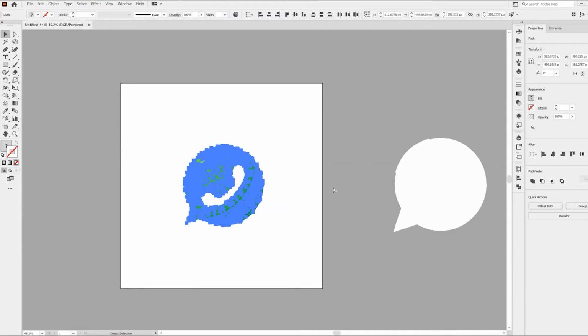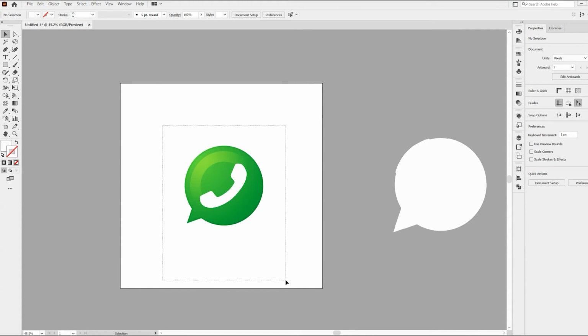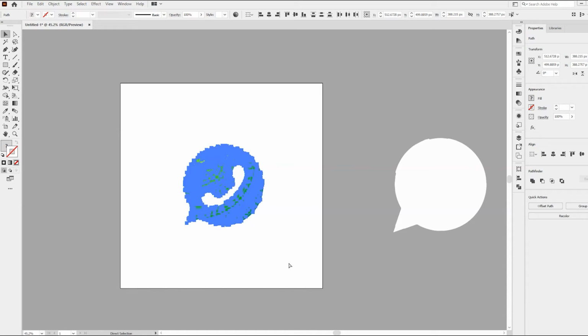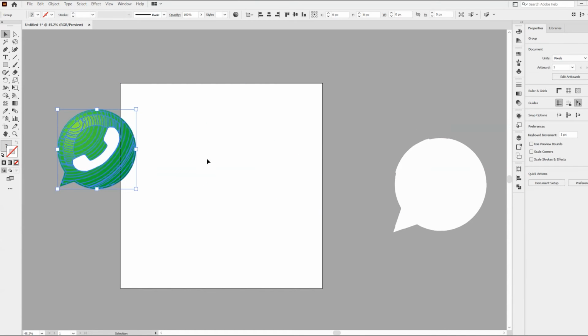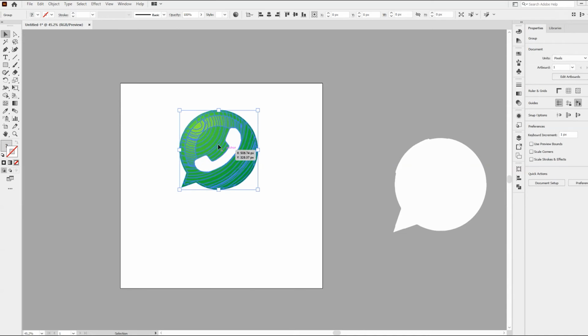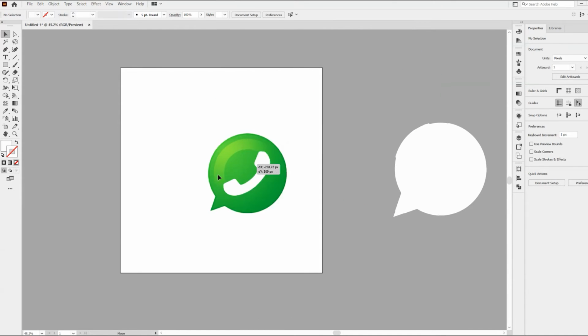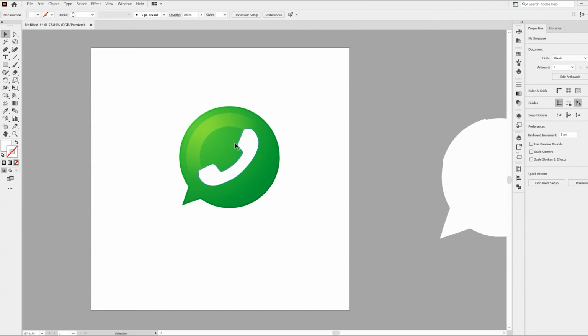Then if you want to group it, go to Object, then click on Group, or you can select the whole object and press Ctrl+G. Now it is a group. You can search for extra elements, but here I can see that there is nothing to remove. Now this is an object.